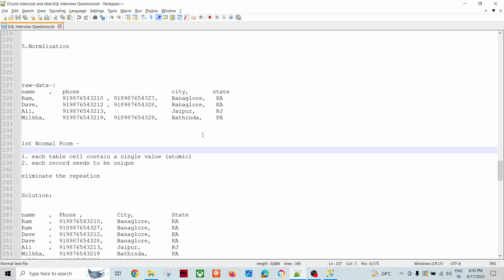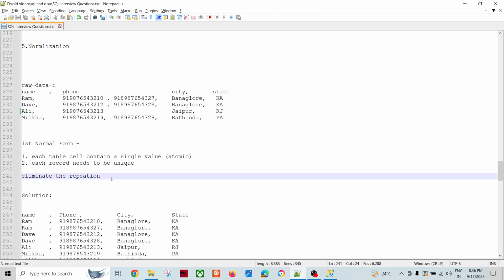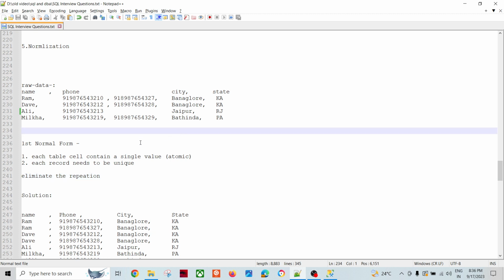Though we have a lot of data, we cannot create different logical queries on it, and we cannot answer user-specific queries. So to avoid redundant data insertion, the data redundancy, we have a normalization concept in the